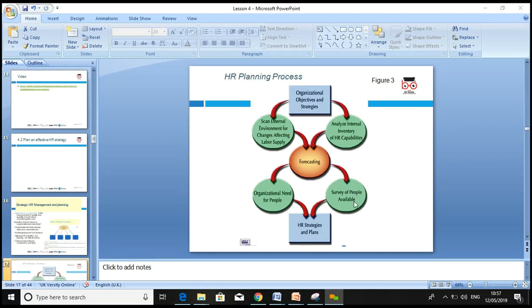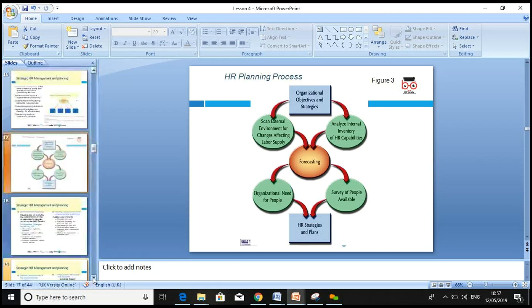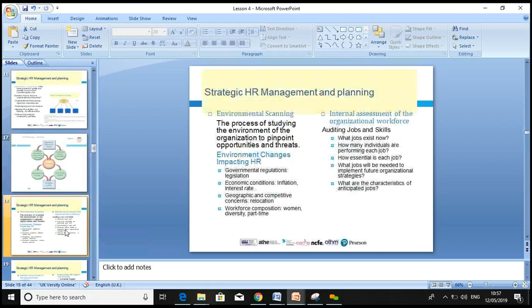We can forecast organization needs and survey people's available HR strategies and plan. So all of this is an HR planning process which we need to focus on. Any question? Nope. Okay, so in strategic human resource management and planning, environmental scanning is very, very